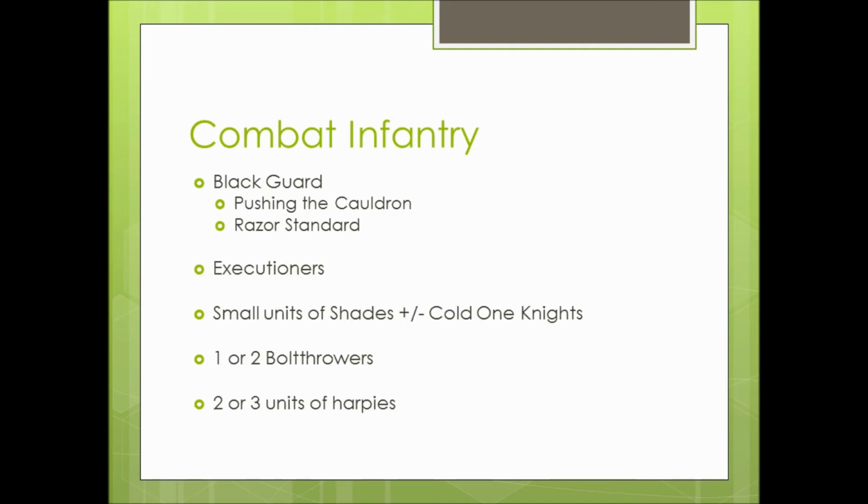Which brings us to my next point. In this army, the backbone of your army will be Blackguard and Executioners. The Blackguard themselves should be pushing the Cauldron, and I would equip them with the Razor Standard, so they're Strength 4 Armor Piercing. If you get a +1 Strength buff on them, either through Wissons or Power of Darkness, they're Strength 5 Armor Piercing. They're going to cut through everything. They have rerolls to hit, and the 6+ ward save from the Cauldron will help them survive just a little bit more. So I recommend that you use these guys to push the Cauldron and have a horde of